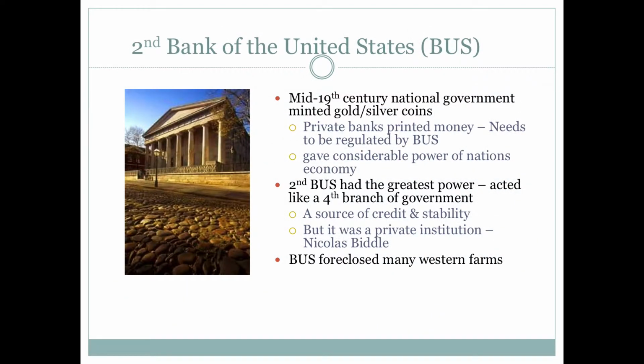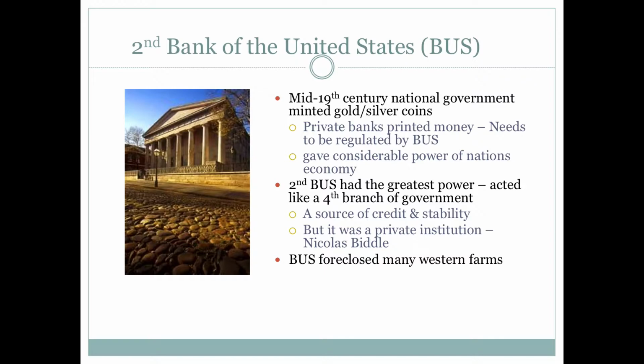Now, let's talk a little bit about the second bank. Now, you can pause this if you want and just take some of these notes down, just to give you an idea what the bank was and what it did. You might remember this sprang from James Madison's annual message, what became known as the Madison Platform after the War of 1812. He gave an annual message before Congress, and he thought we should do some different things after that war. And one of them was to bring back the bank. If you remember from reading that document, he talked about something that could regulate the nation's currency.